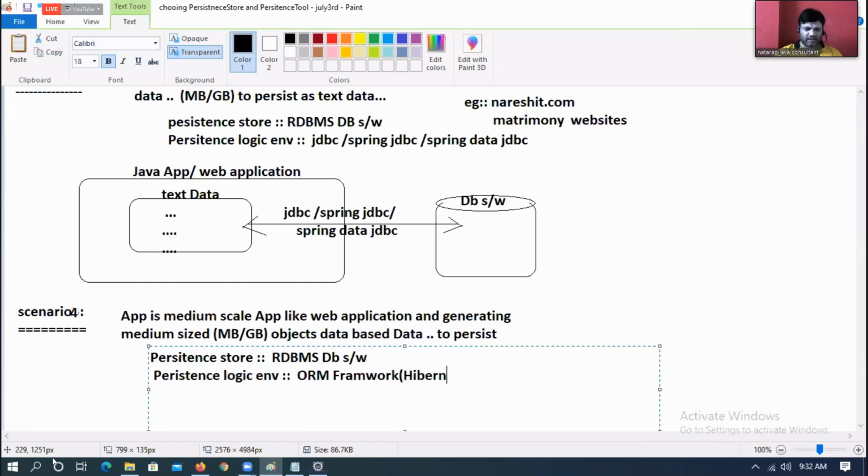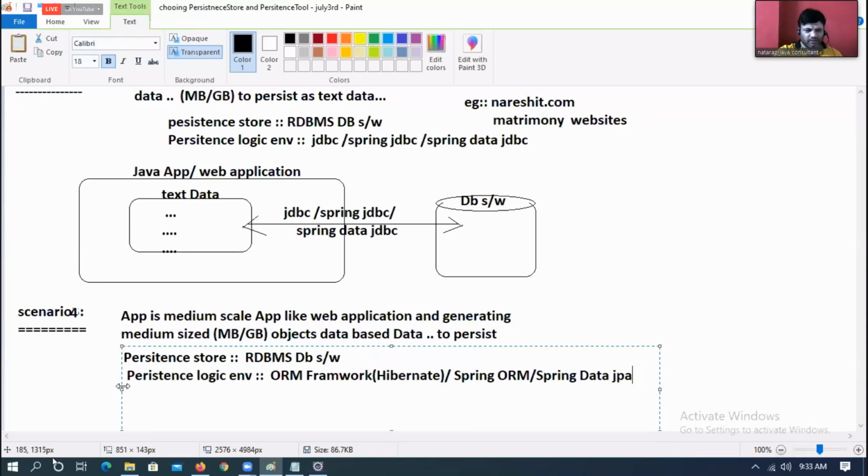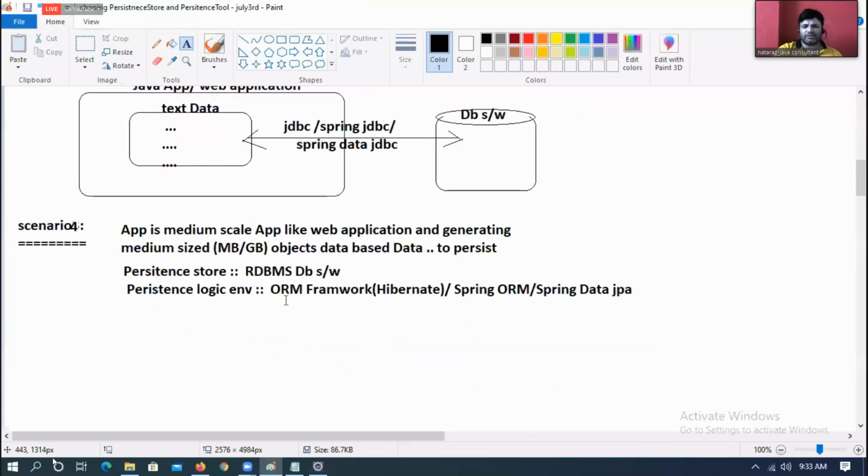Hibernate is the market leader here, or Spring ORM, or Spring Data JPA. Think about using Spring Data JPA. If the persistence logic environment is this, then go for Spring Data JPA.